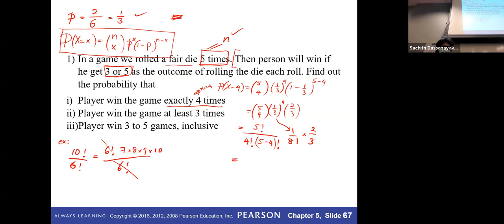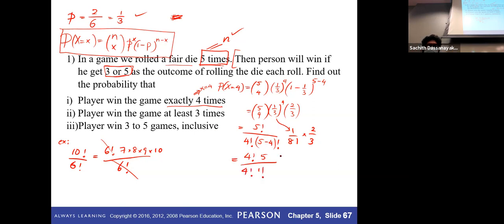So for any factorial, you can split at any position you need, but after that you have to write it as a product. It is based on how you deal with these problems, but you can split that factorial from any point. Same as I showed you here, I simply split it like this: 4 factorial times 5, which means 5 factorial, divided by 4 factorial times 1 factorial, right?